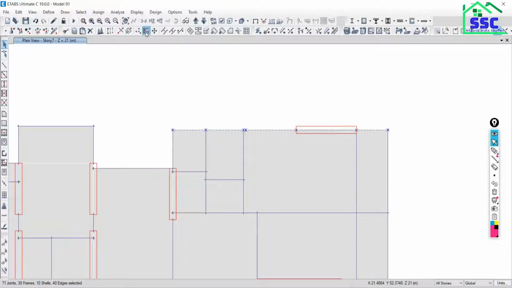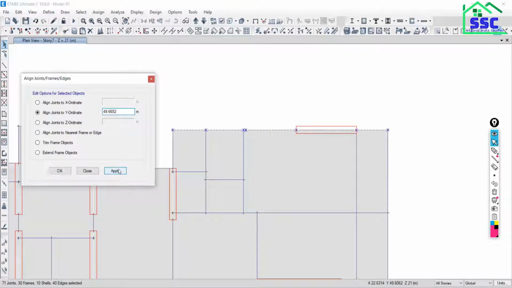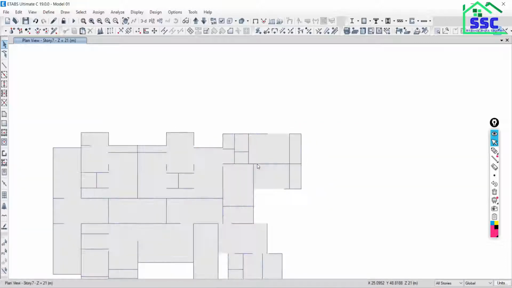Go to Align Y, 49.6652. Let's check it again. Say apply. Now it's done. As you can see, all the beams and joints are along the same alignment, along the same line. So this is resolved.